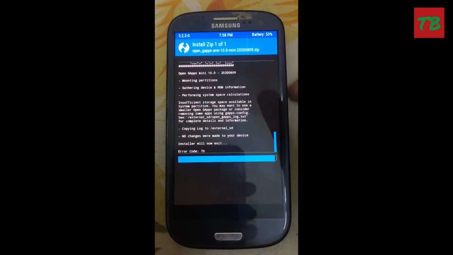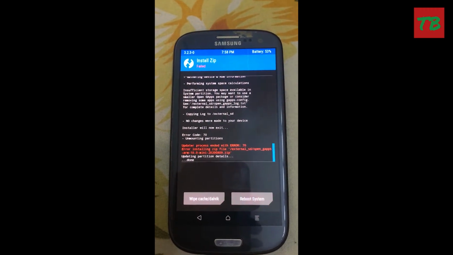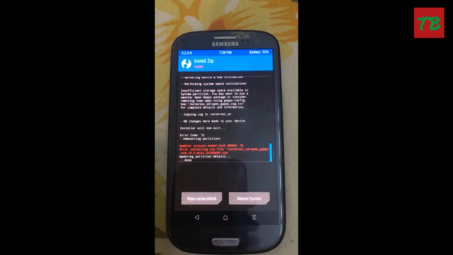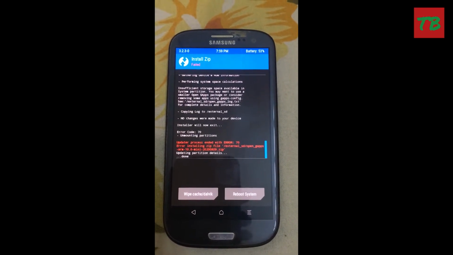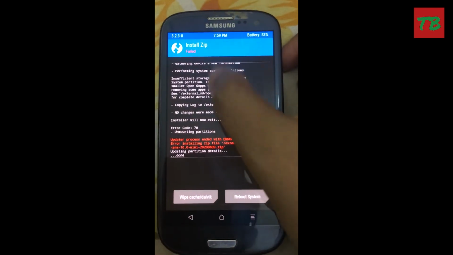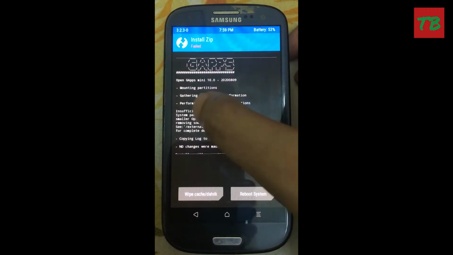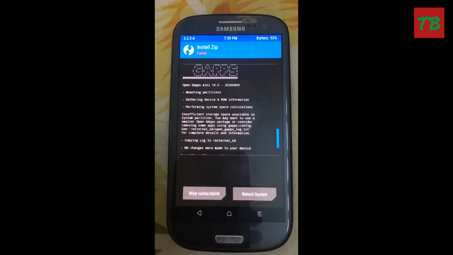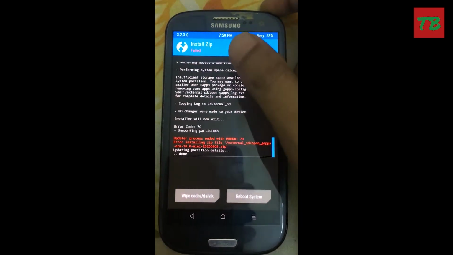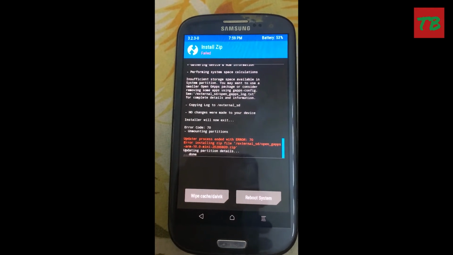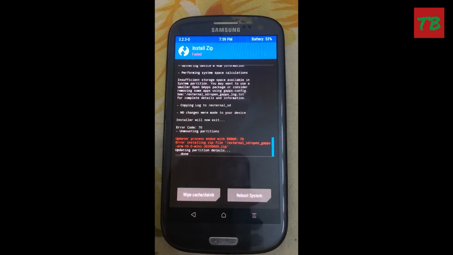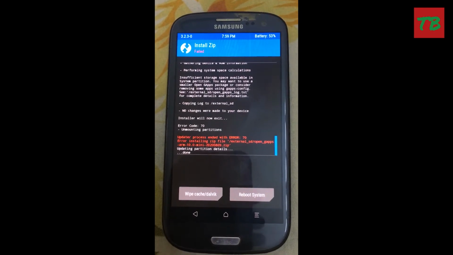Thus what happened was, I downloaded the wrong package for GApps, so it won't install. I need to download the micro version of GApps. This is just a heads up for y'all. Don't download OpenGApps Mini 10.0. You should download OpenGApps Micro 10.0. I downloaded the Mini by mistake, so I need to download OpenGApps Micro and flash it on this device after